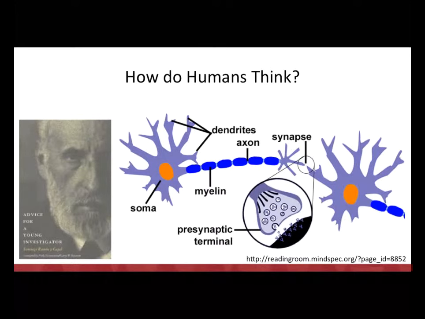Before that, nobody had the slightest clue how we thought. In fact, there were theories that your liver was a source of consciousness, or your heart. But Cajal said, no, it's actually brains. And brains have these unique,